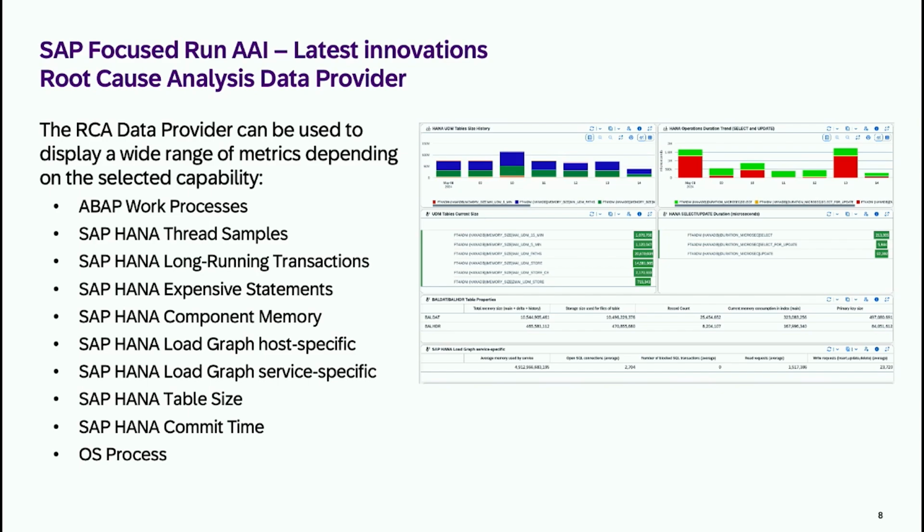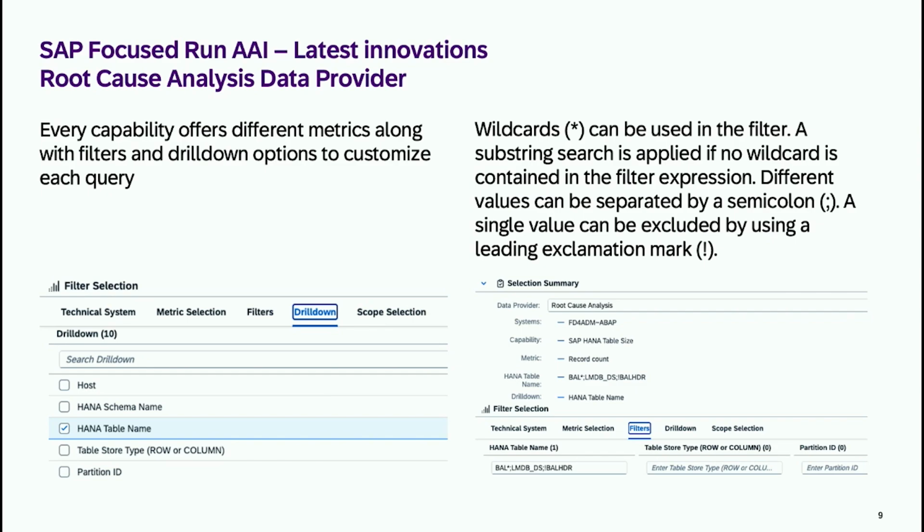If you add the generic view, you can select more or less the same things, and several capabilities are offered. So we can show you metrics related to ABAP work processes, and as you can see, the vast majority is related to HANA database, but we also have some details about OS processes. So you could build, for example, a detailed view on the trend of the size of specific HANA tables in